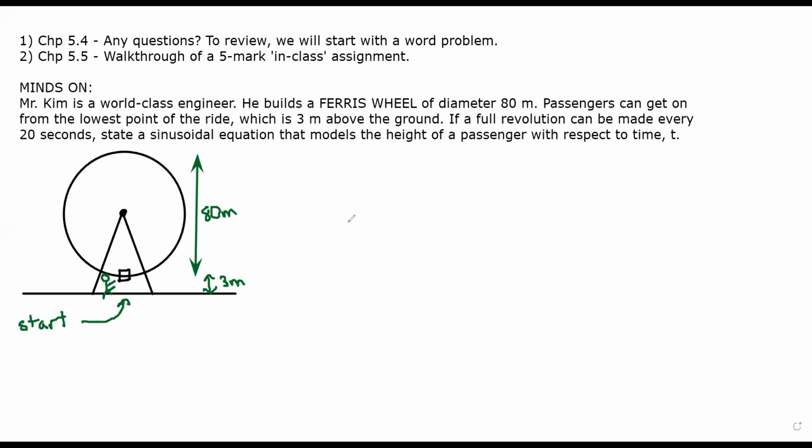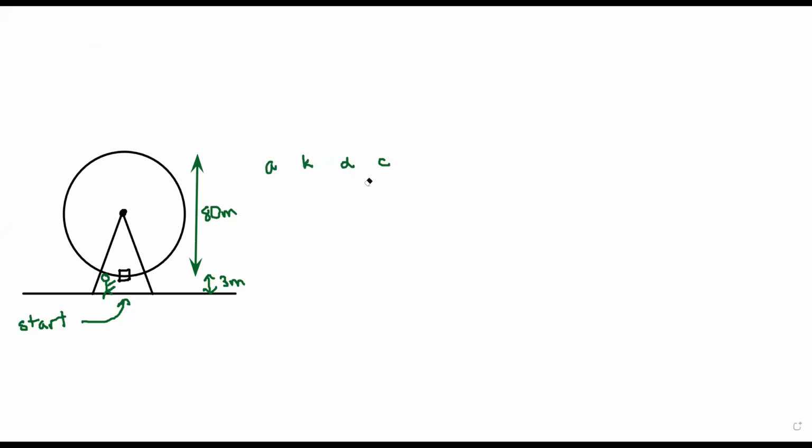Now. Okay, so today, as I said before, I want to go through a quick example of a transformation question in word form, which you would have to read and identify A, K, D, C from the story. From there, I'll walk through a very quick 5 mark assignment that I want you to do using Desmos. It's basically getting you to practice using real life data and modeling it and not just some story from a textbook. Okay? If you are having some trouble